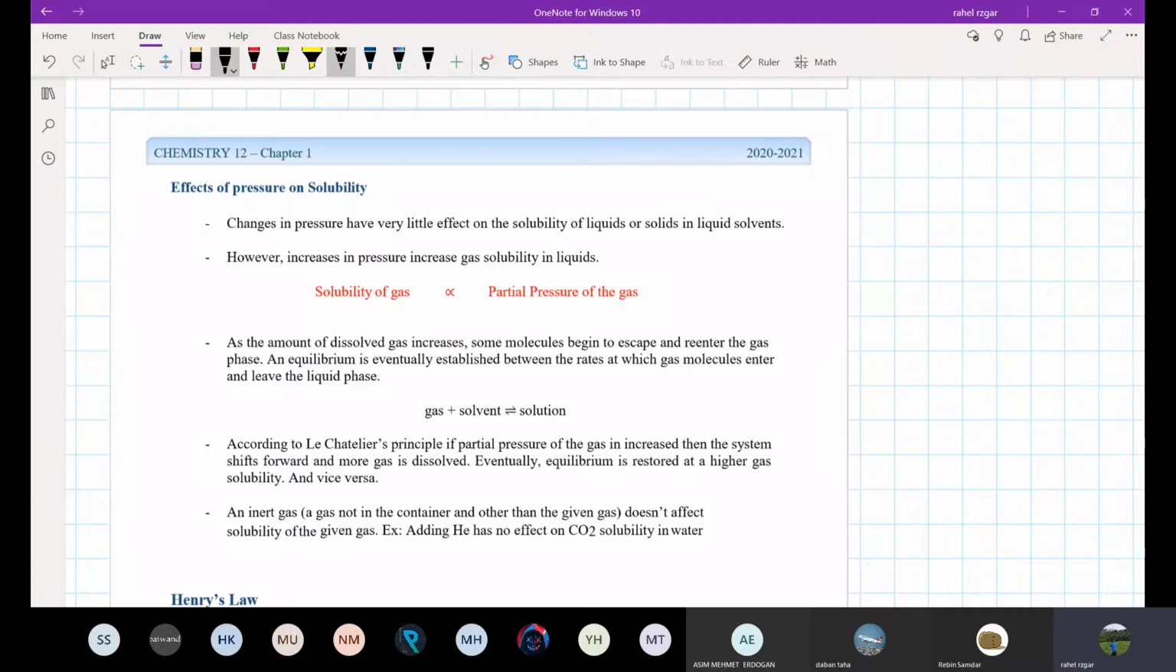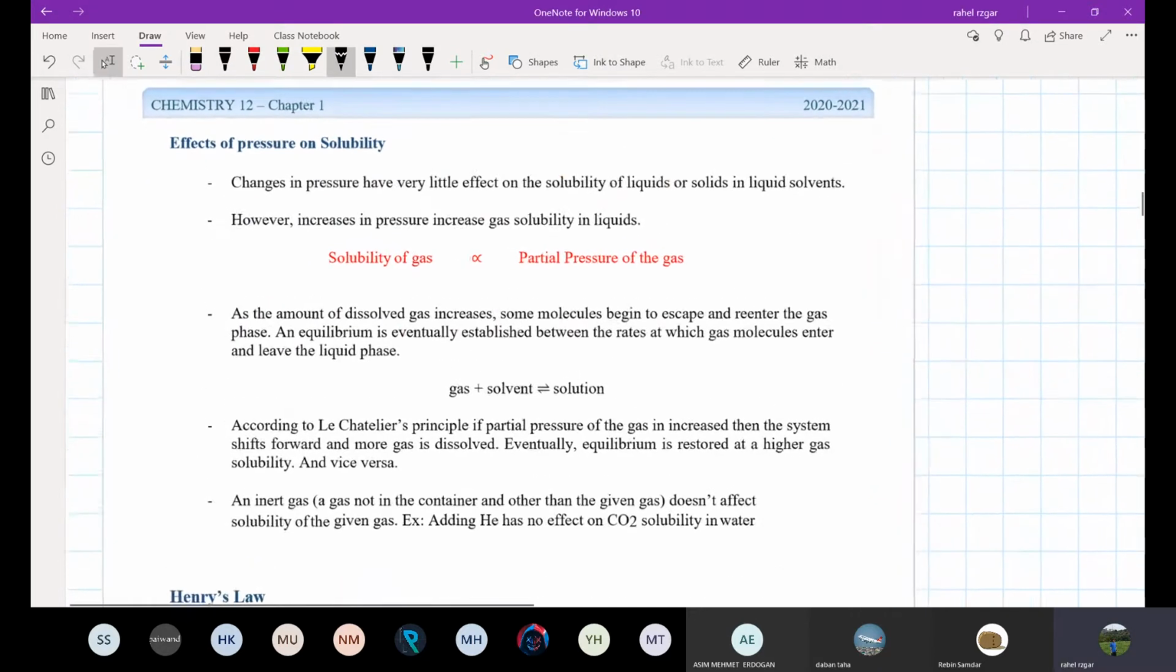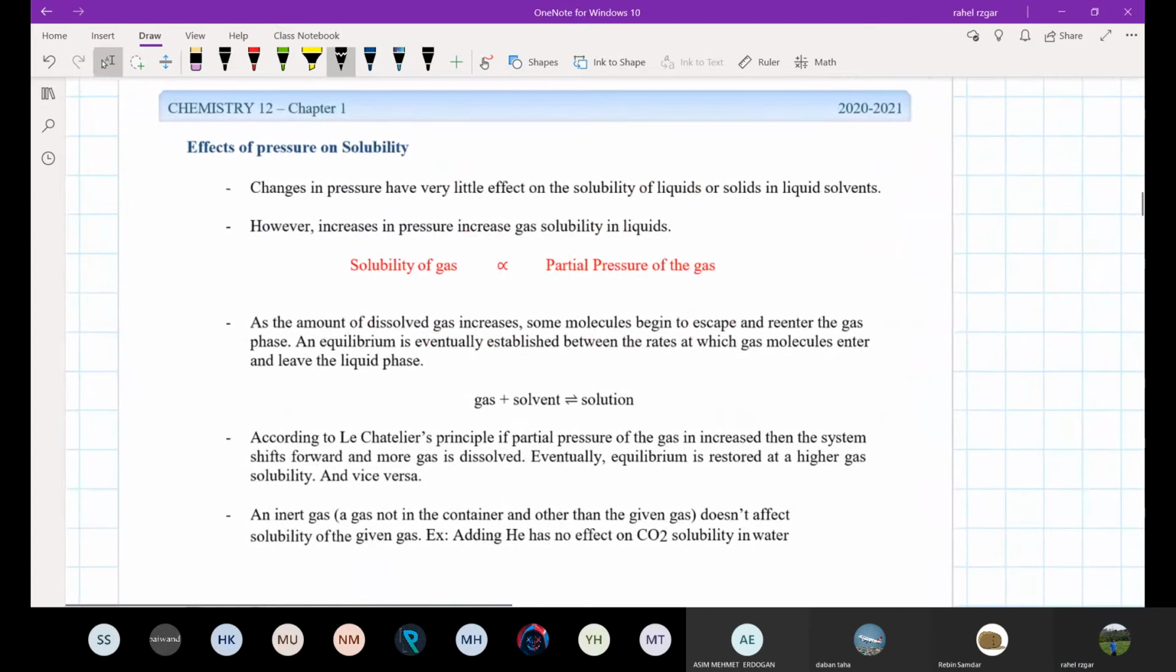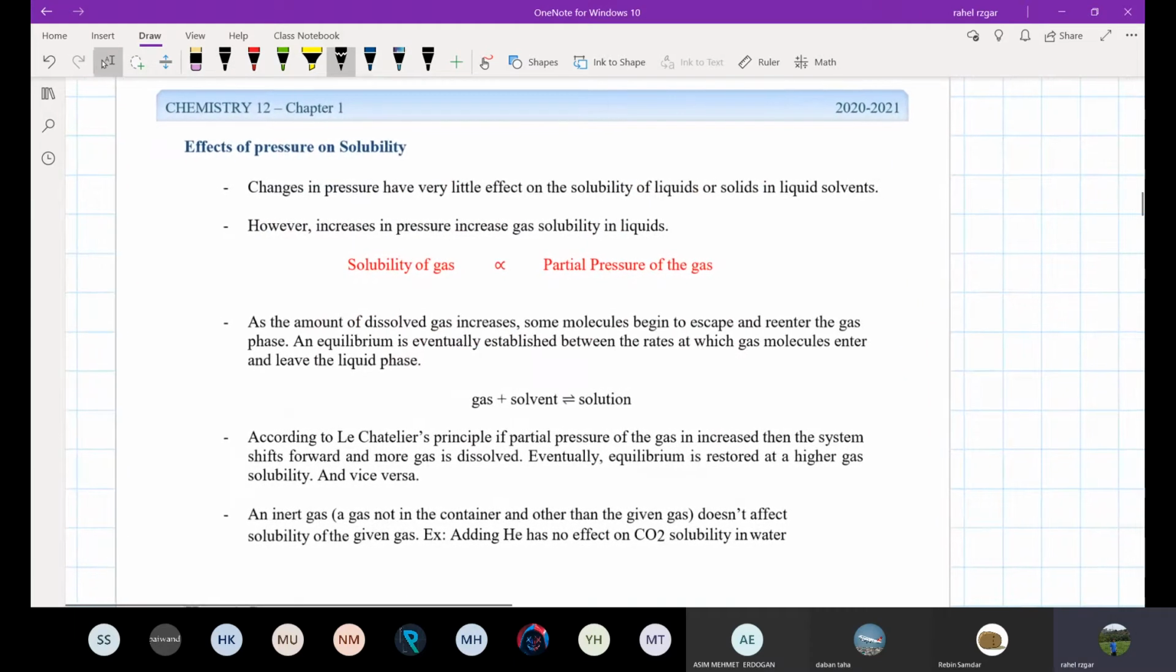So if you look at the first point, changes in pressure have very little effect on the solubility of liquids or solids in liquid solvents. So we don't care about solids and liquids when we talk about pressure. The only thing that we talk about is gas. However, increases in pressure increase gas solubility in liquid. So if we increase the pressure of a gas,